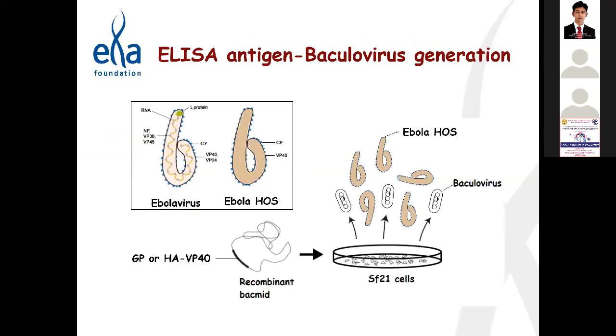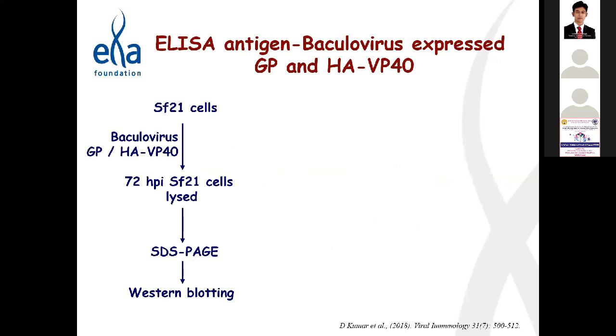Since we do not have an antibody against VP40, we tagged the VP40 with an HA tag for it to be detected when it is expressed in these insect cells. We used SF21 cells for generating the baculovirus and further expression of the antigen. SF21 cells are insect cells derived from Spodoptera frugiperda, and there are two types of these cells available: SF9 and SF21. There is some variation in the doubling time of these cells, but we used SF21 cells, and we infected them